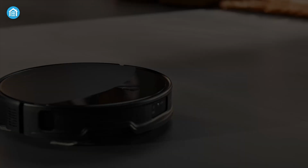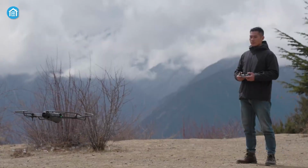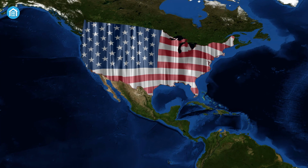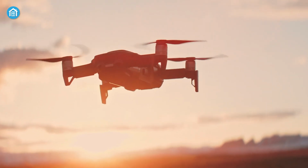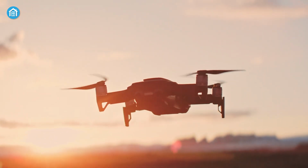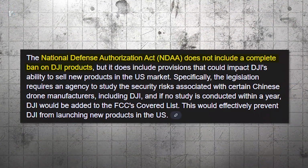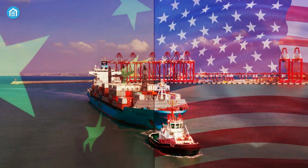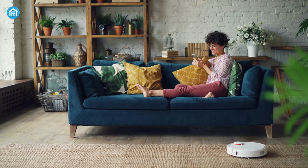So, why is DJI doing this? Well, diversification is a smart move, especially now. DJI's drone business has been facing pressure, particularly in the United States. There's been talk of bans, with proposed legislation targeting Chinese-made drones. Even though the latest National Defense Authorization Act didn't include those bans, the regulatory heat hasn't cooled down. Add the uncertainty of US-China trade tensions, and you've got a strong reason for DJI to start looking at new